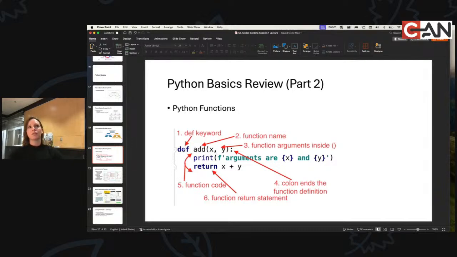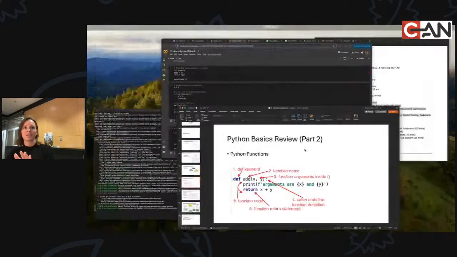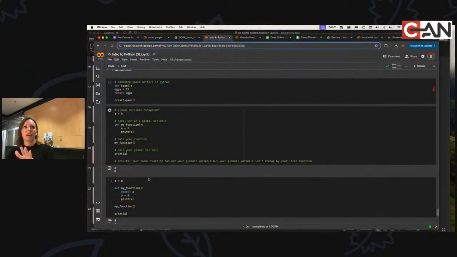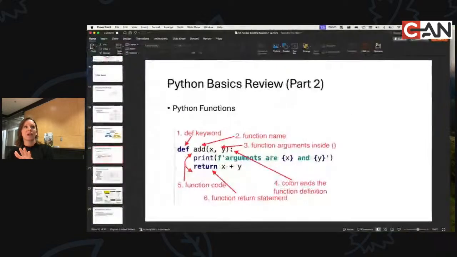And so in Python, you can make some syntax. You can say def means I'm going to define a function. You're telling Python, this code here will now be a function. Then you're going to say, I want this function to have this name. And then here are some arguments for that function. And I want you to print this, and then I want you to return X, Y. I'll let you guys explore functions. They're important. I have some examples in here. And we'll cover these last 2 slides, pandas, next time.